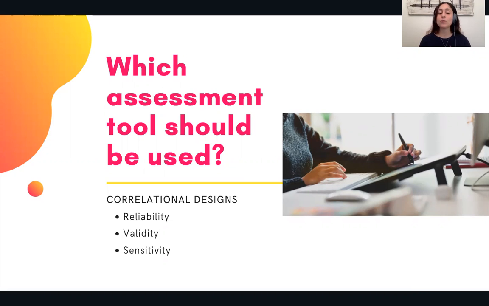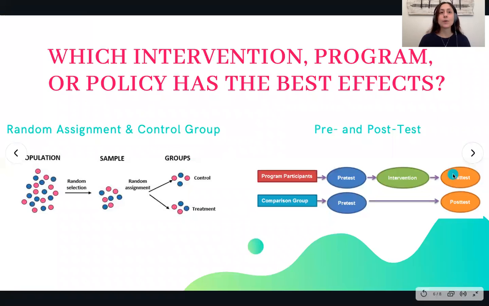If the tool has only ever been tested among females and your client is male, this tool probably shouldn't be used, right? And so that's information that you're looking for as you're assessing and trying to answer this question. Okay, next. Our next question is the most commonly asked question in terms of mental health, and that's which